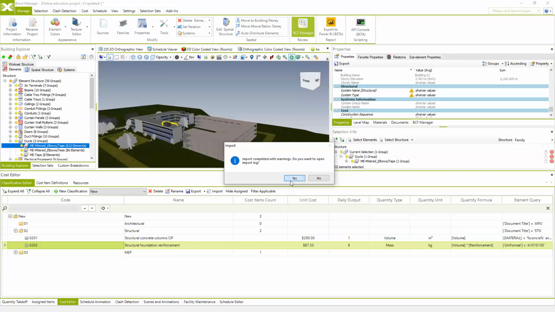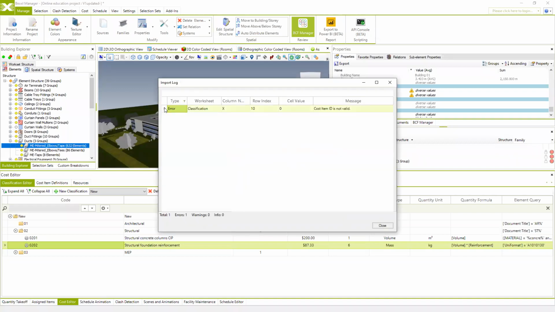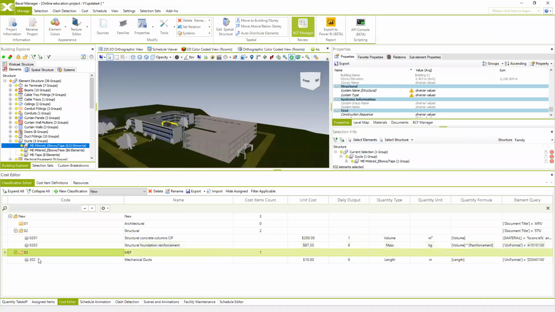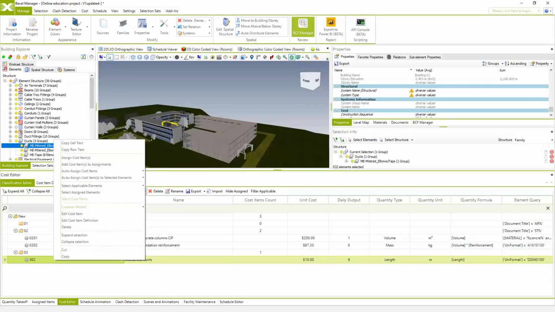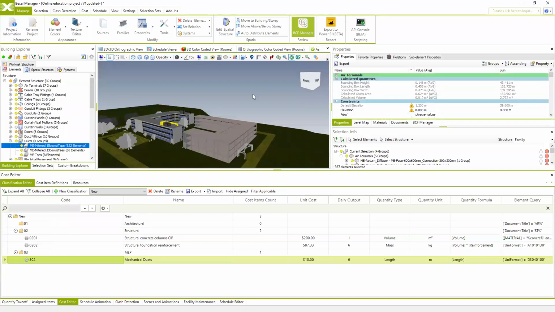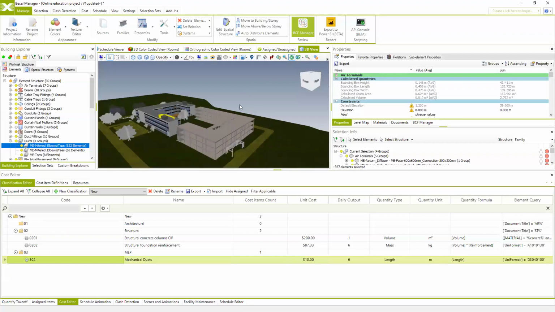And that's it. If you have some errors, the system will actually tell you which are the errors if you specified something which is not correct. But in this case, we specified everything correct within this specific cost item, and you see automatically new cost item is created. We can check if this element query works, select applicable elements, and you see automatically system selects